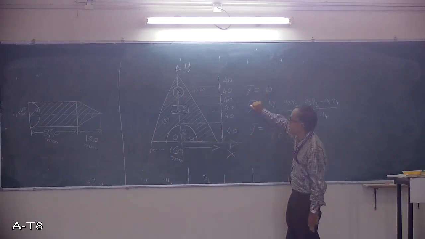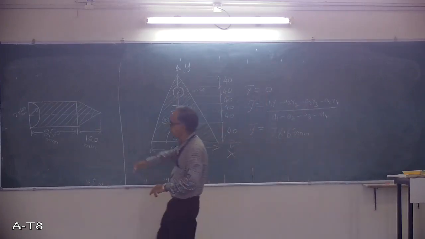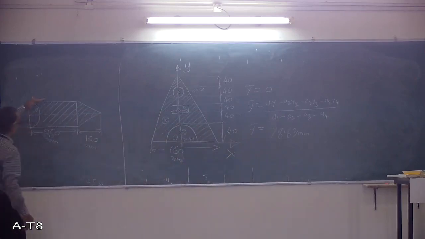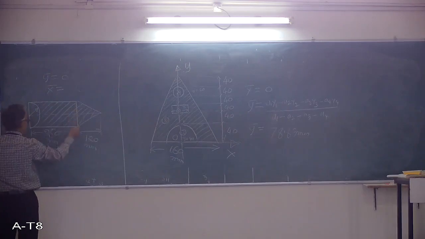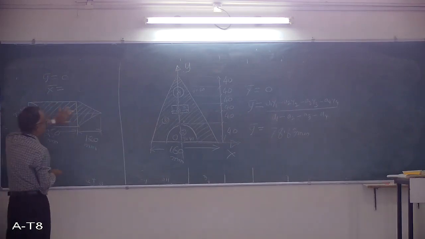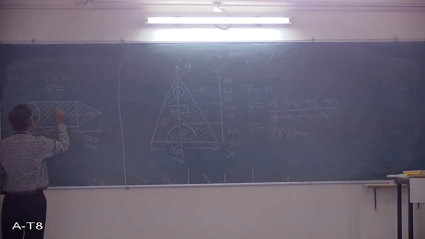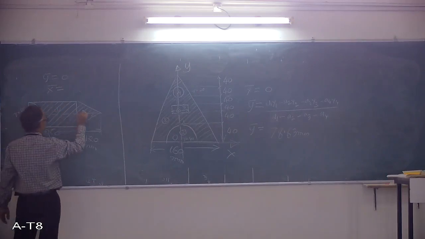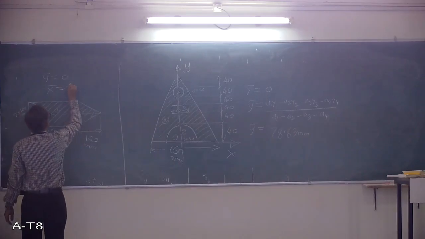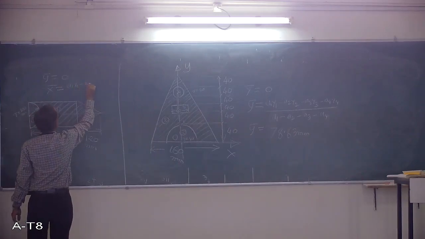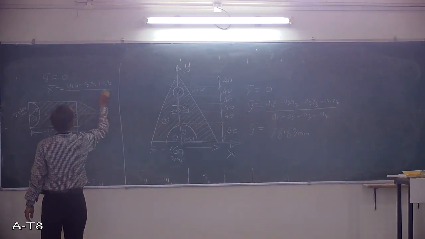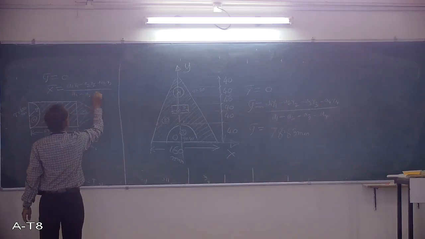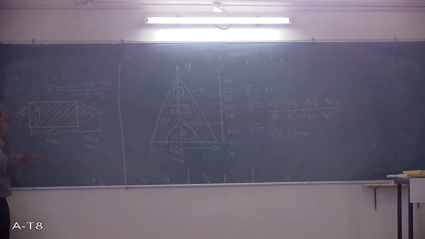There is a direct x bar 0, y bar. I mean symmetrical about the x-axis, because if I draw a horizontal line, whatever figure is at the top, the same figure I get at the bottom. Symmetrical about the x-axis, therefore y bar is 0. X bar you have to find. X bar means this rectangle minus semicircle plus triangle. We write the rectangle as number 1, the semicircle as number 2, the triangle as number 3. Then I write A1 x1 minus A2 x2 plus A3 x3 divided by A1 minus A2 plus A3. Why minus A2? Because it is not shaded.